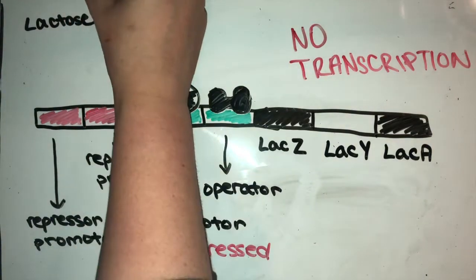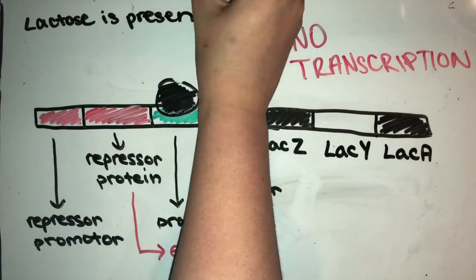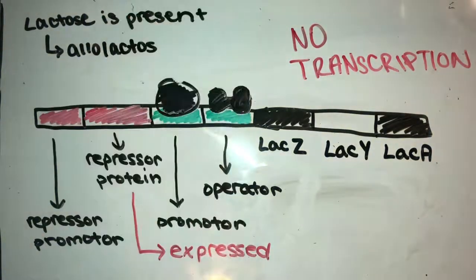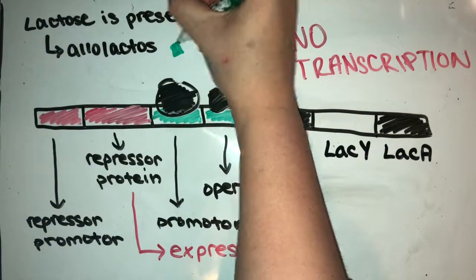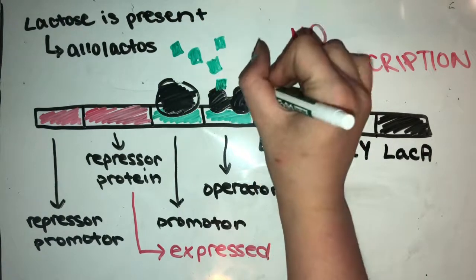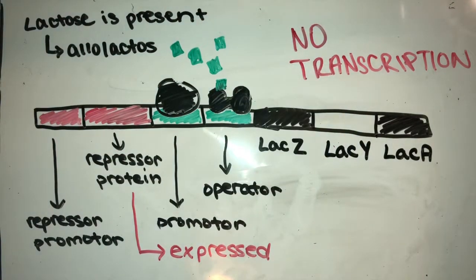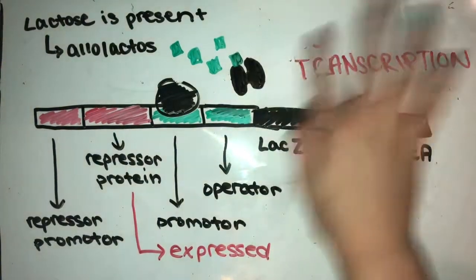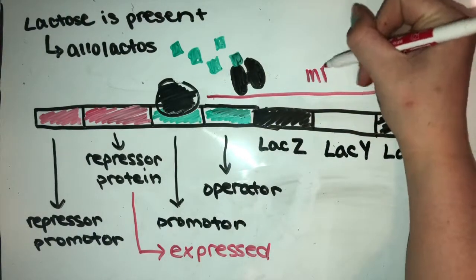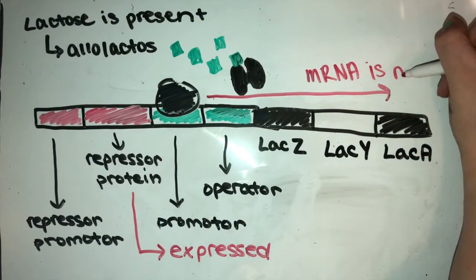This will change when glucose is not readily available and another source of energy is available in the form of lactose. Lactose enters the bacterial cell, and a metabolite of lactose called allolactose binds to the repressor, which will alter the shape of the repressor, causing it to fall off the operator. Now that the repressor has released itself from the operator, RNA polymerase is free to transcribe all three genes,